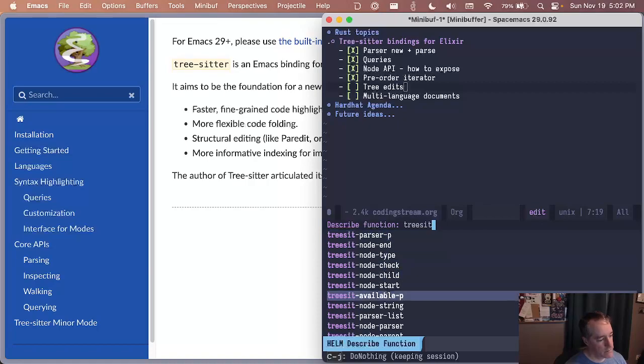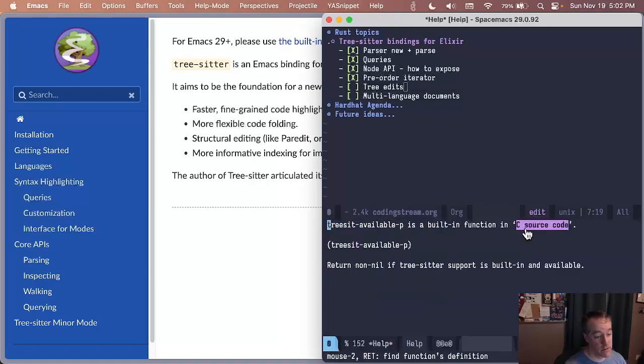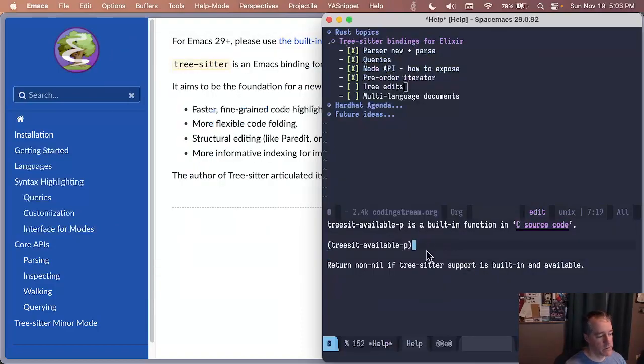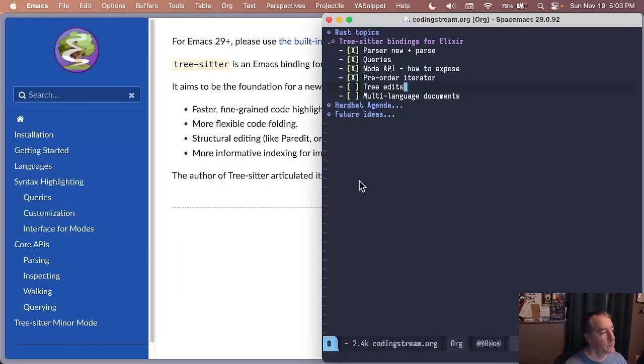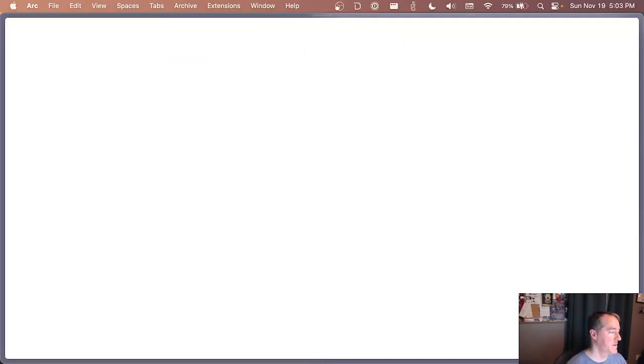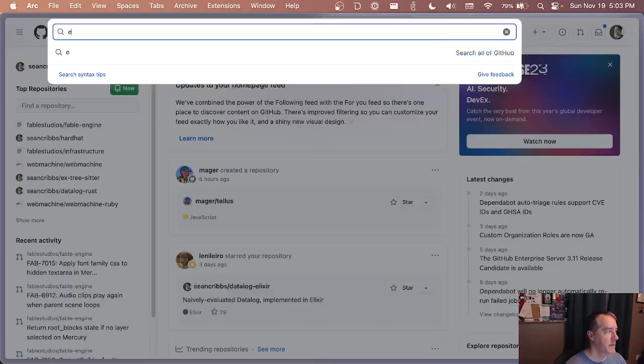Let's just jump to that. Oh, it's in C source code. Fun. Ah, no, it expects me to have the C source code available. Brilliant. Well, let's see if there's an Emacs